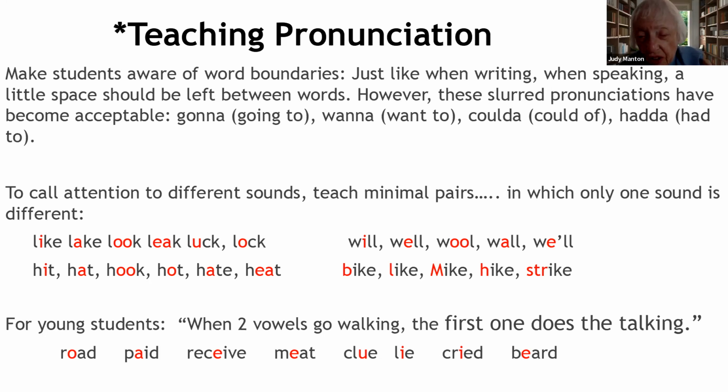And in the United States, young children learn this cute little sentence. When two vowels go walking, the first one does the talking. So you see in road, two vowels. We don't hear the A, but having the A after the O makes a long sound, road. Same with